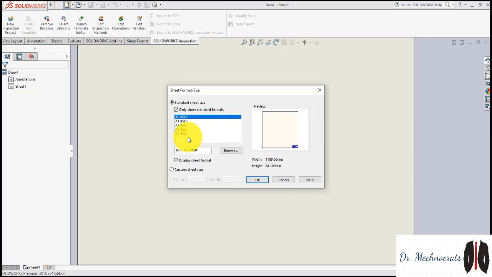So we use A4, that is a simple printed paper, in which you have to make the whole assembly, right. The width is 210 mm and the height is 297 mm. That is plain sheet paper which we insert in simple printers, right.